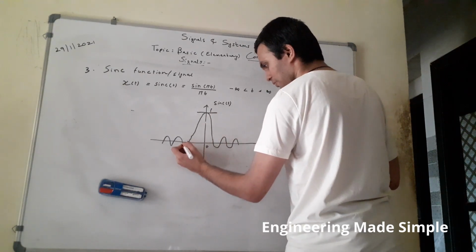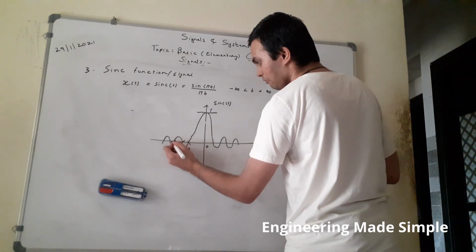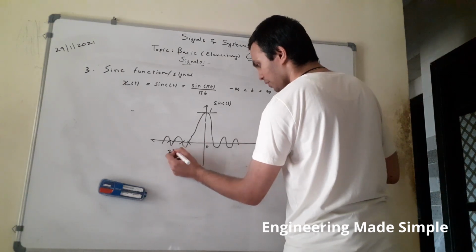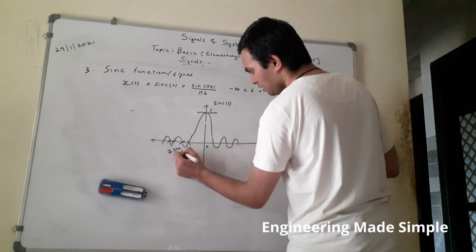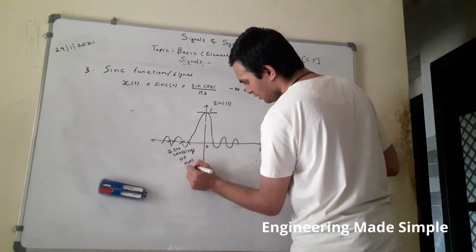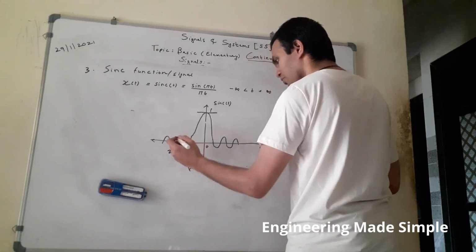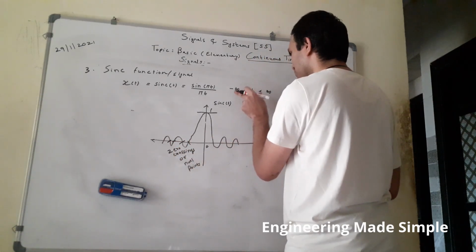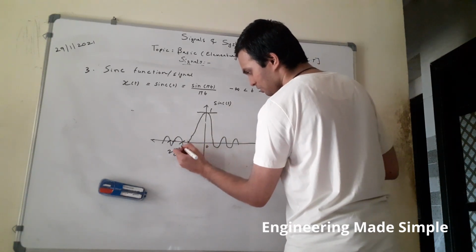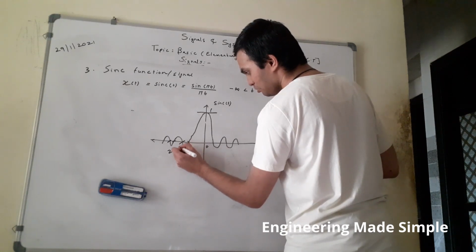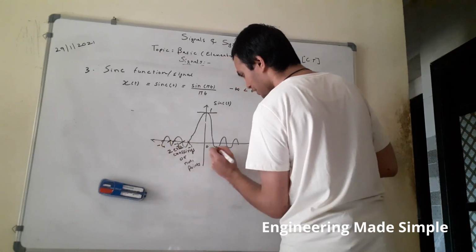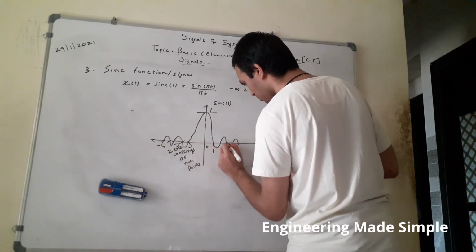And for each zero crossing, what is a zero crossing? Where the curve of the signal crosses the zero line of the time axis. These points are known as zero crossings or null points. So for any integer value of time t, ranging from minus infinity to infinity. Here 0 is there, so here it is 1. Here it is minus 1, minus 2, because we are talking about the negative time scale, minus 3 and minus 4. So for all negative as well as positive integer values of the independent variable time t,